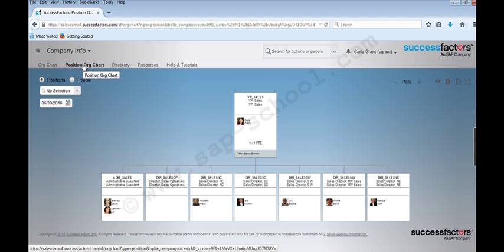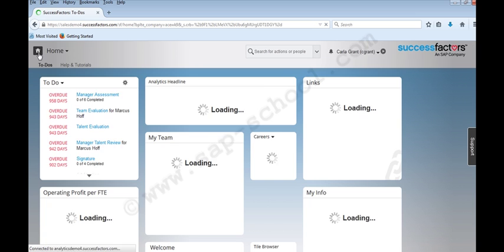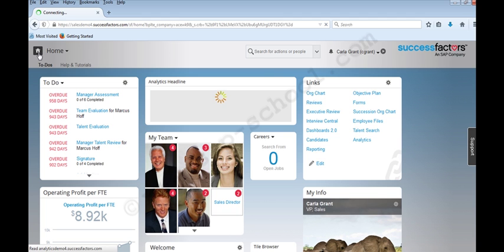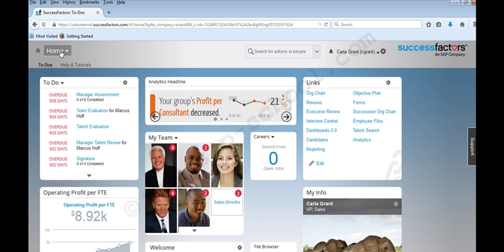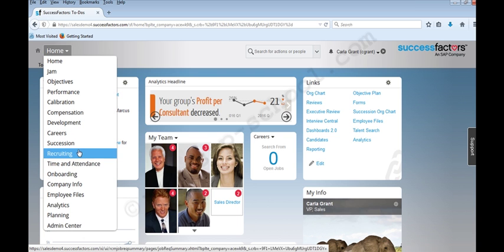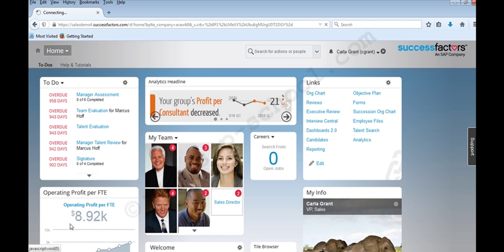After that, the third thing which we'll be covering is how we can set up the company logo. For this, again we have to go to the home page. These things we have to do in the admin center. So from the home, we have to select the admin center. If I go to the drop down here, we have the admin center here. So let's click on the admin center